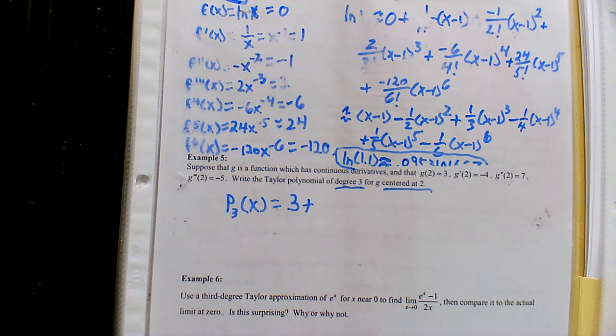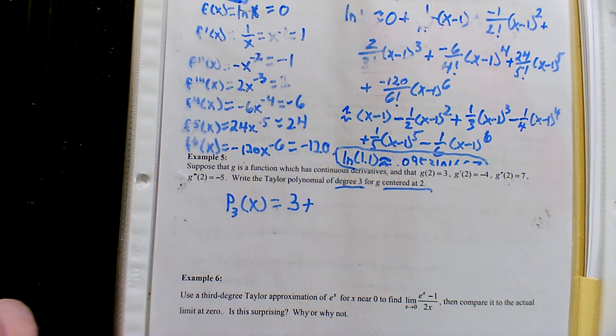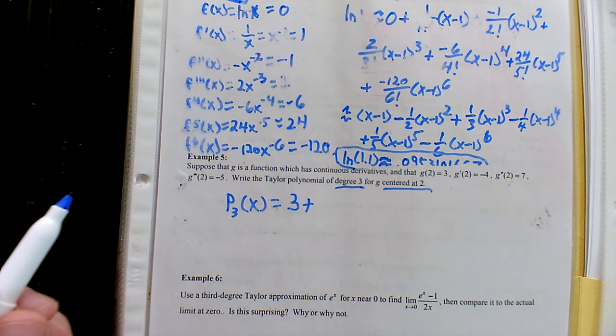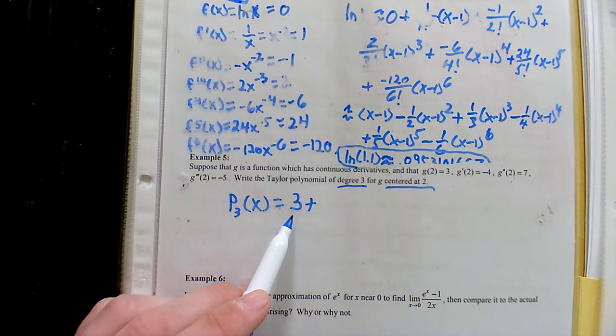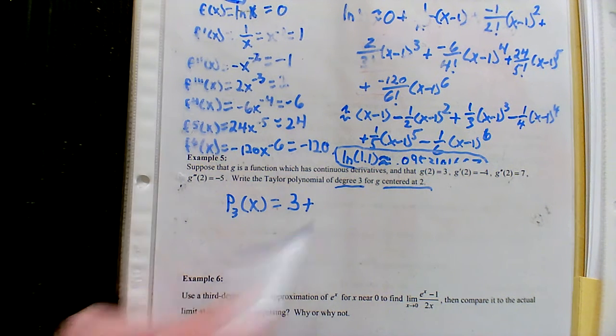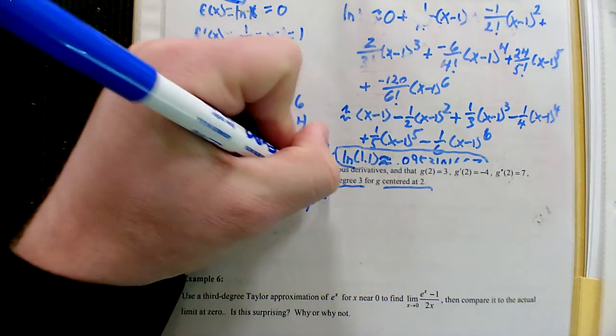Do you have a question on them? You need an explanation? So with the Taylor polynomial, we start out with the original, then we go to the first derivative. So what's going to be my term for the first derivative? That's the original function. Now I want the first derivative term. -4 times x minus